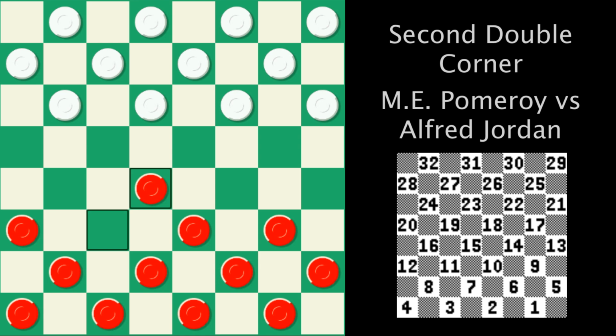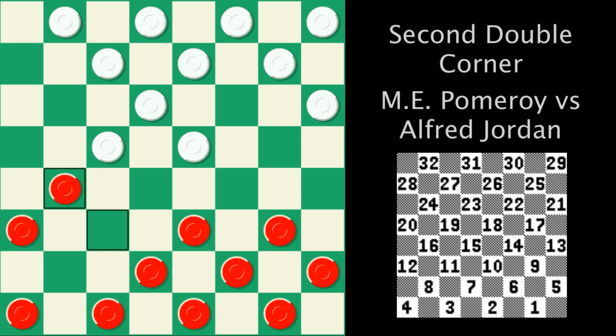The opening begins 11-15, and white counters 24-19 to form the opening. This is a really good defense, and if you haven't tried this out in your own games, I really recommend it. So of course, after the captures, red is going to develop 8-11,